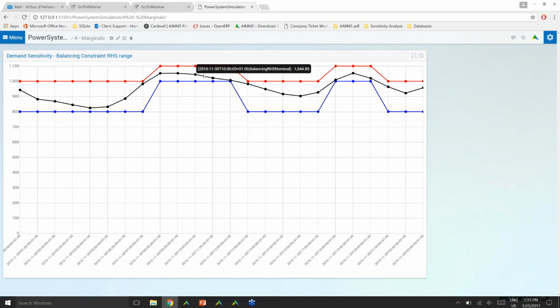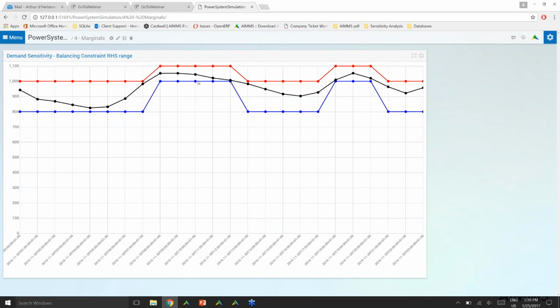So this tells us that if we change the demand in those two bounds, the production plan won't change at all,